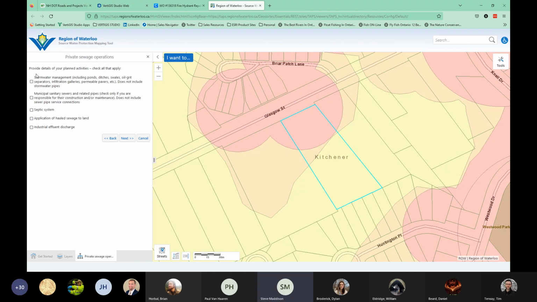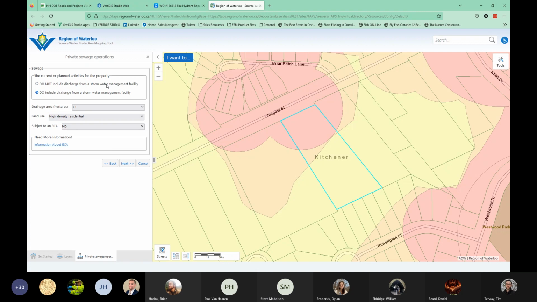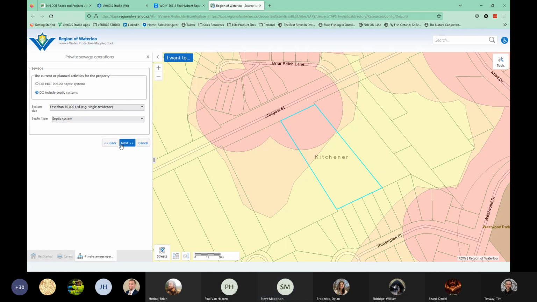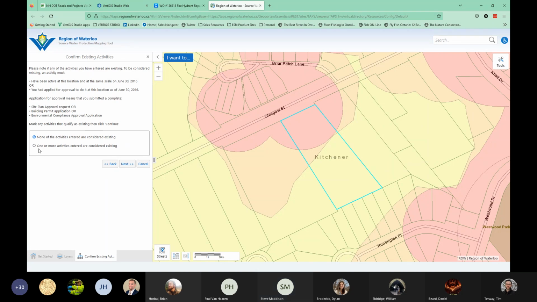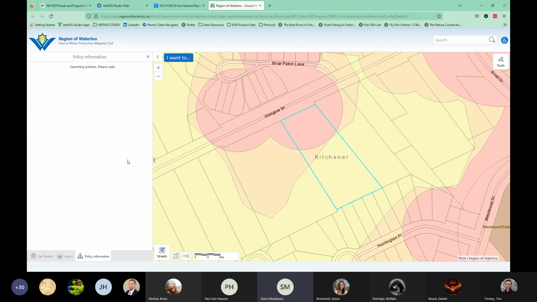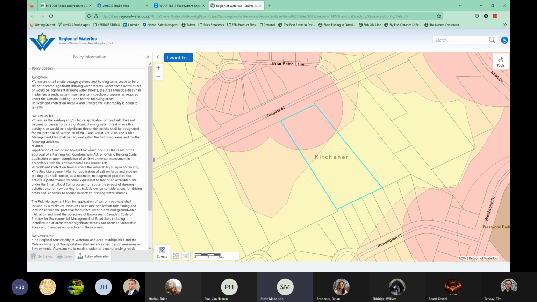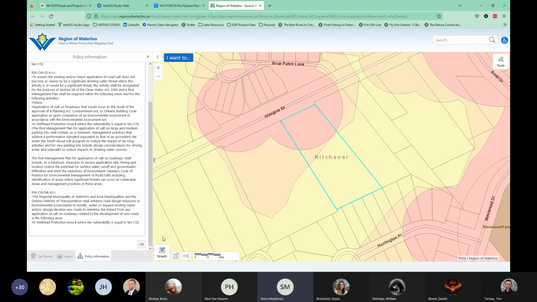And it lists for us a bunch of details for the planned activities. So we can just select these two guys here. Asks us for drainage areas. It asks us to provide information on the type of land use. Set the defaults here. So this data is being recorded inside the system, but you can see how comprehensive, folks, at least I hope you can, just how comprehensive this threat assessment system is. And then it provides us with the policy codes